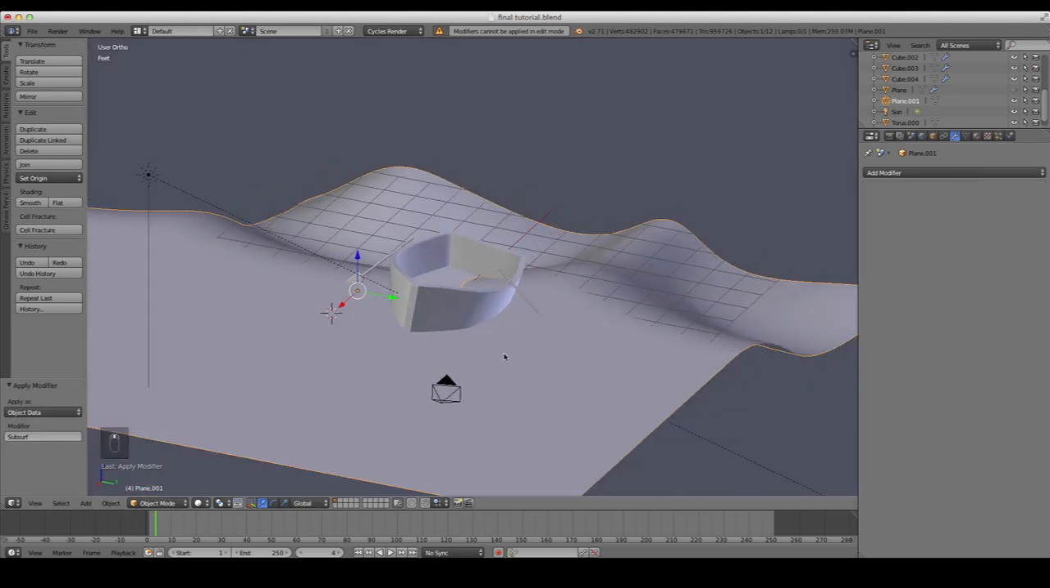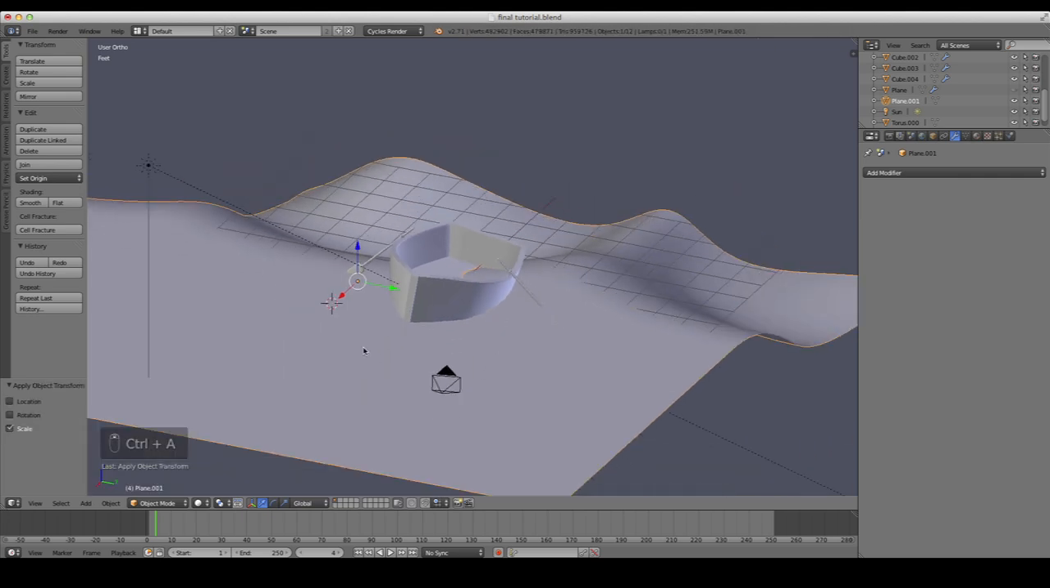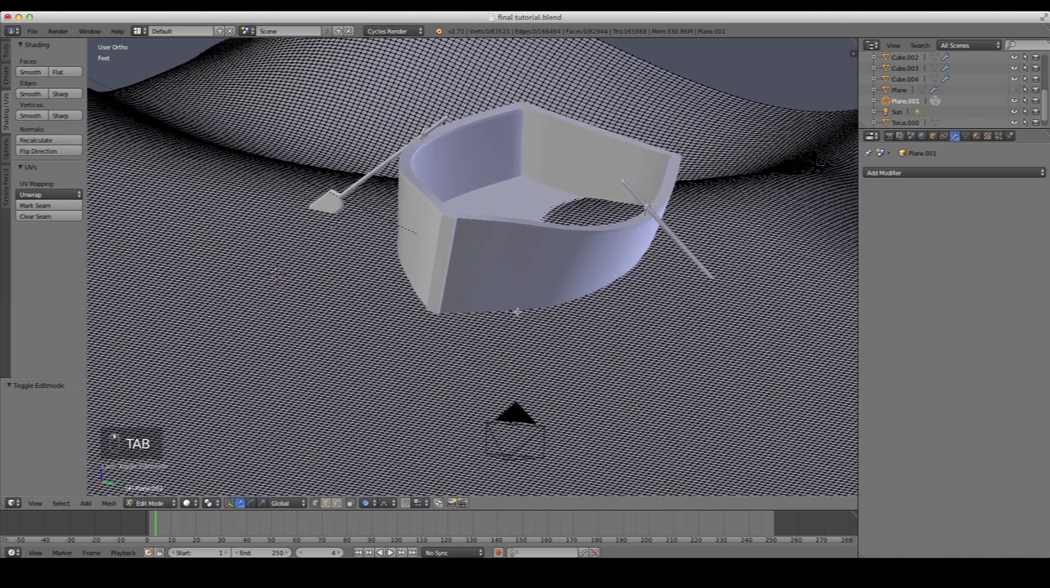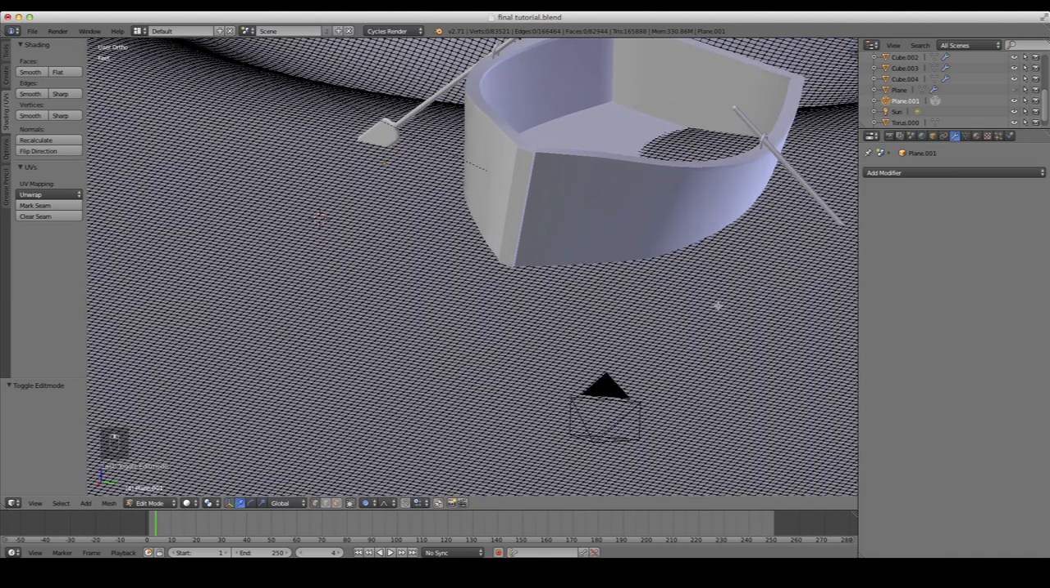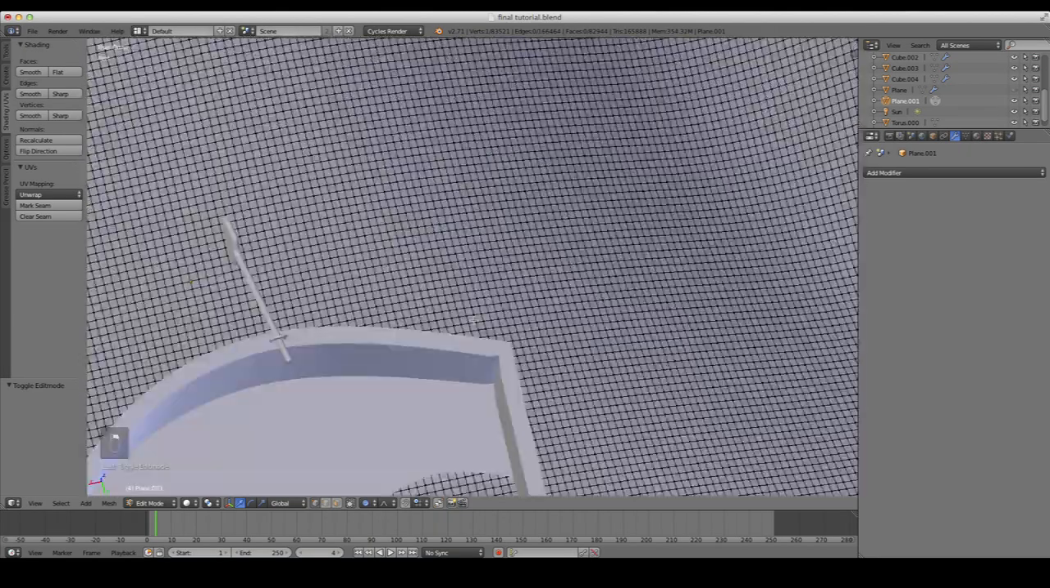We also want to apply the scale of our object. So to do that, we'll press Ctrl A and scale. Now we'll press Tab for edit mode, and you can see we have way more vertices now that we've applied the subdivision surface. So if we just select one of these that's close to where the front of our boat is,